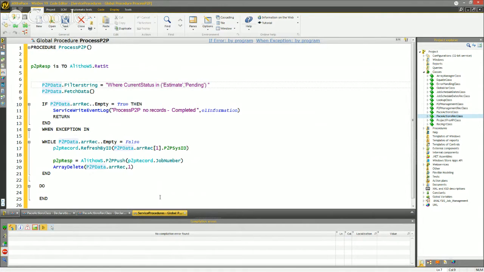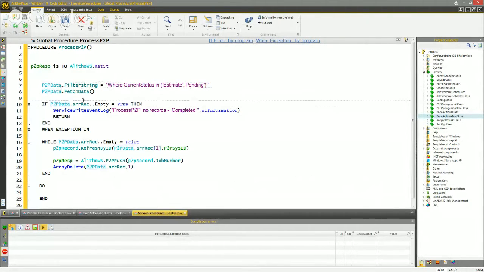I use classes and I use arrays, and I'll show you why we're going to use those across the board when we get into the coding of one of our own, okay? Because I'll give you a test program of actually having a class and let it do everything without using the analysis. But, so I'm going to go fetch all these records that the status is either an estimate or pending,